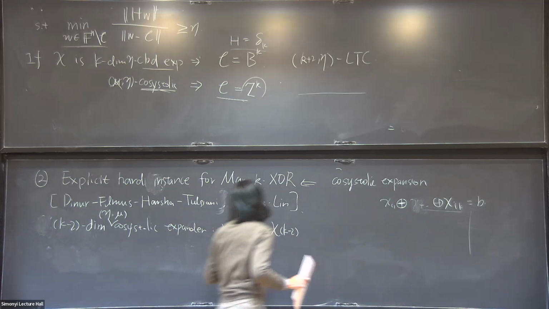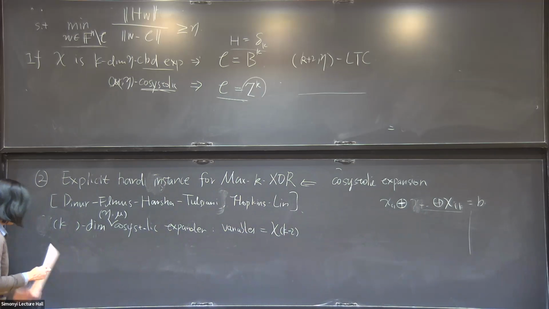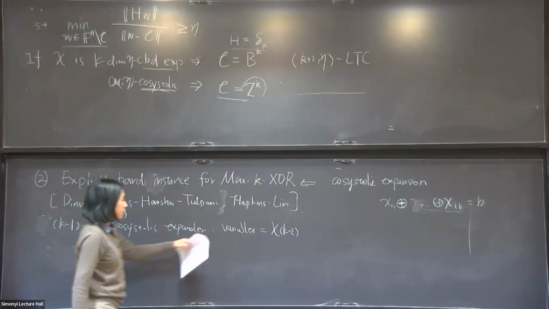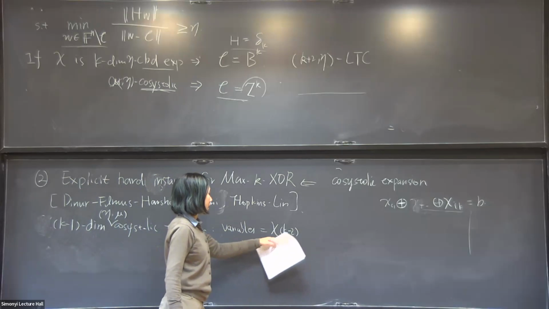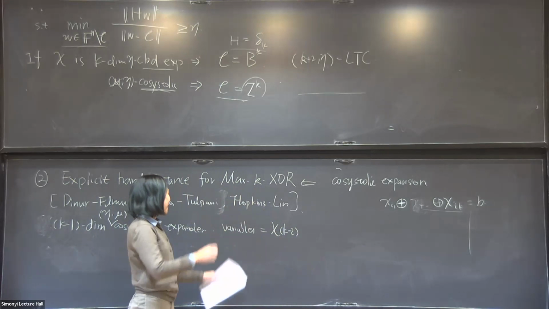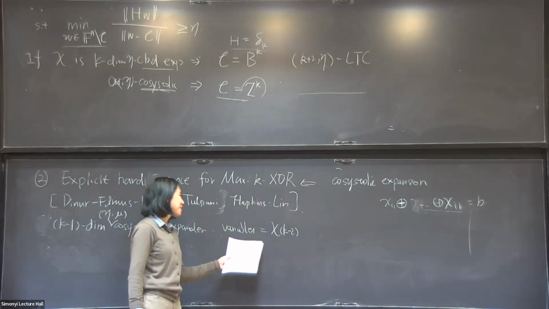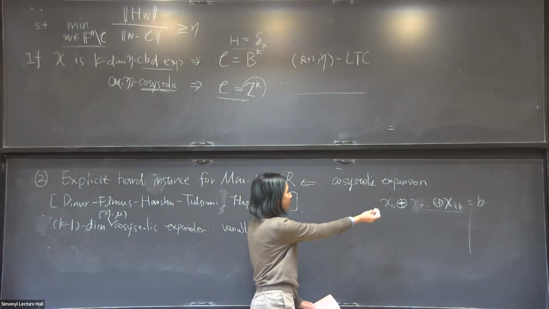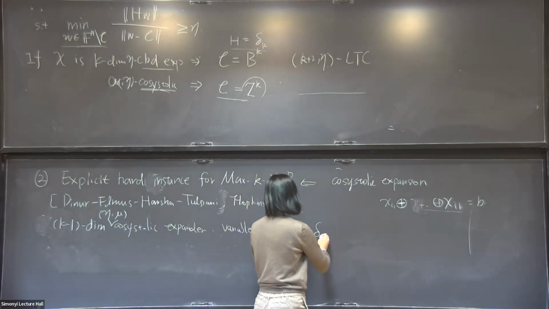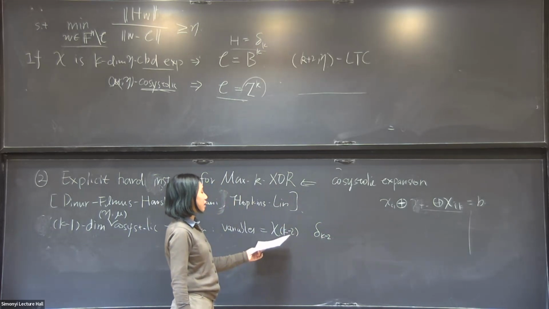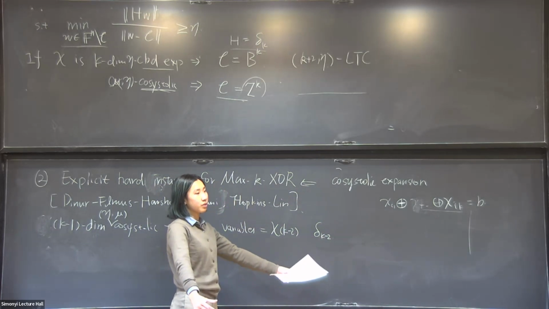I think I made an off by one error. Here I really should write k-1 dimensional cosystolic expander. So the random variables are, not random variables, they are variables. I keep making this mistake. So the set of variables are the k-2 faces, and the set of equations are given by delta k-2. Basically, they're induced by k-1 faces, and you look at all the variables inside that face,